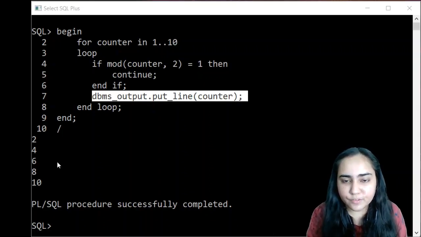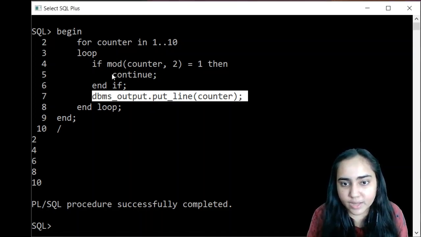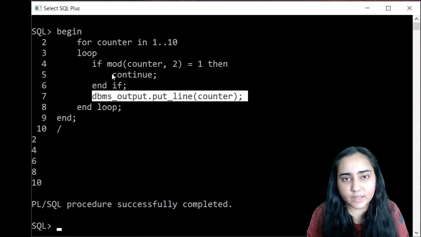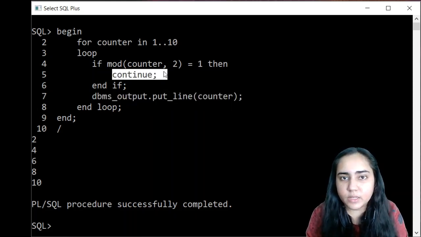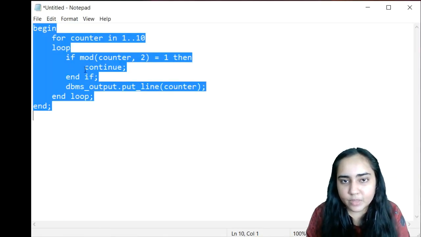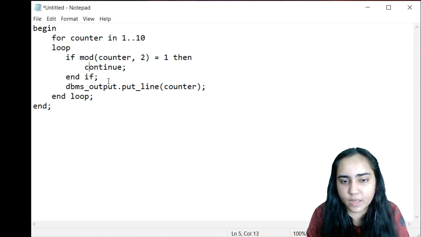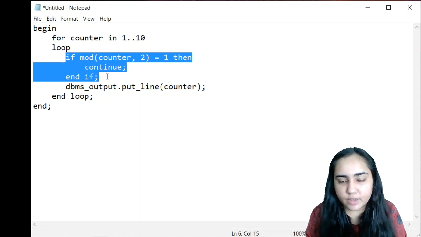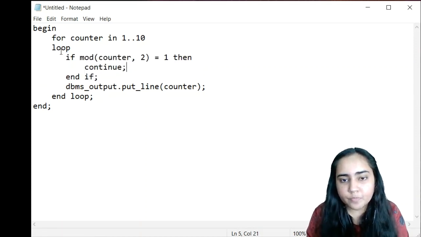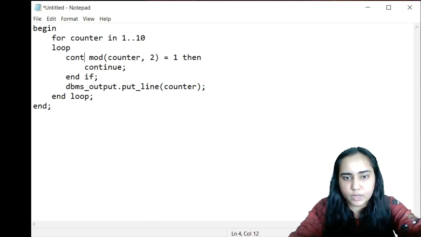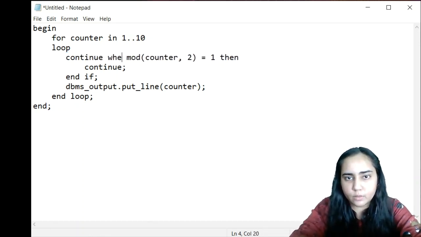We can do a slight modification of the continue statement. Just like when we are doing exit, we have the exit statement, but we also have the exit when statement. So similarly, we have the continue when statement. And to use that, instead of writing if and continue, if you want to skip this whole part where you're writing the if statement and then the continue statement, you can just write continue when. So all I'm going to do is remove this if, and before that if, I'm going to write down continue when